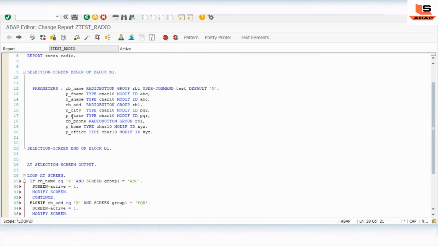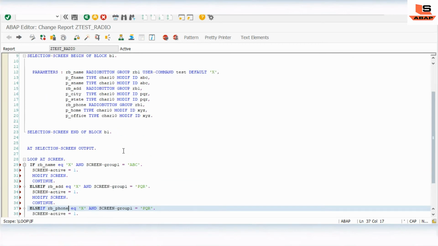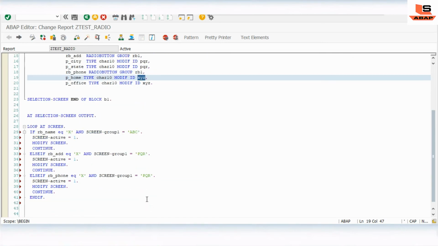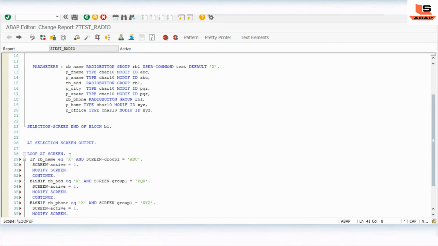Here I will change the radio button name to phone and the screen group equal to x.